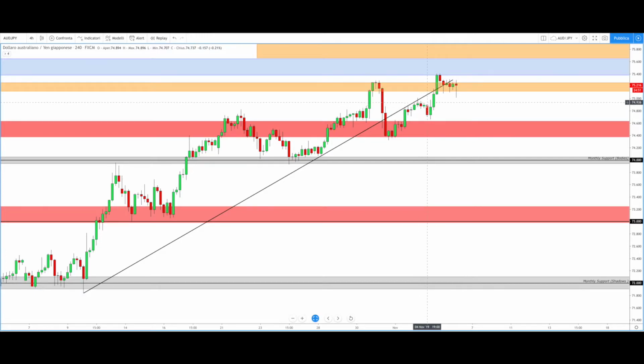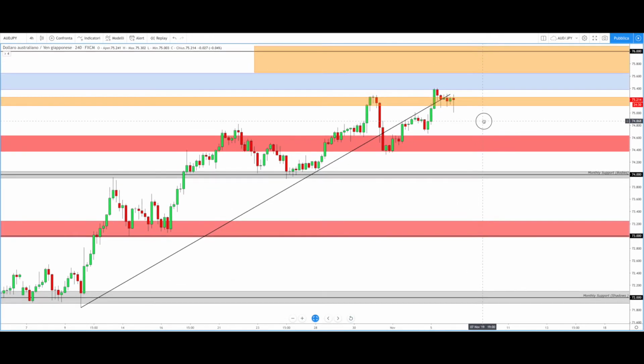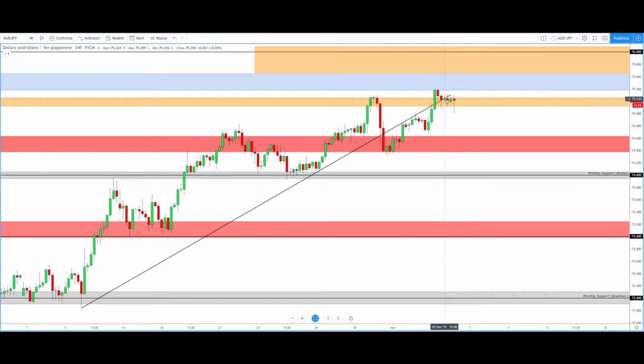But we can see another time the price failed to go lower, and from this point start another bullish phase that bring the price above this bullish trend line, giving us a strong bullish signal. But another time the price didn't find the strength to go higher and start to form these doji candles. So now, guys, we need to watch carefully the price action around this area, because if the price will start